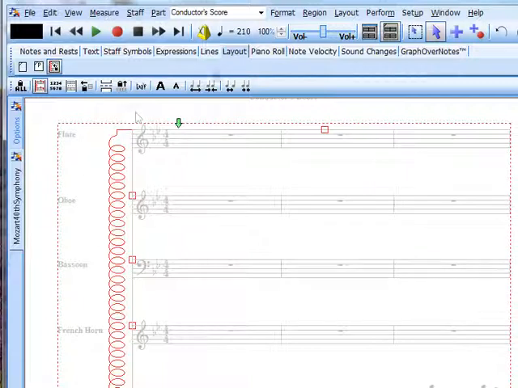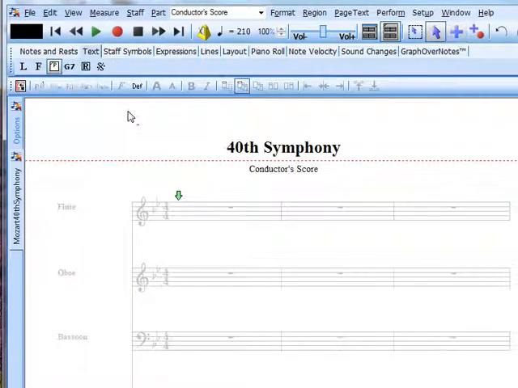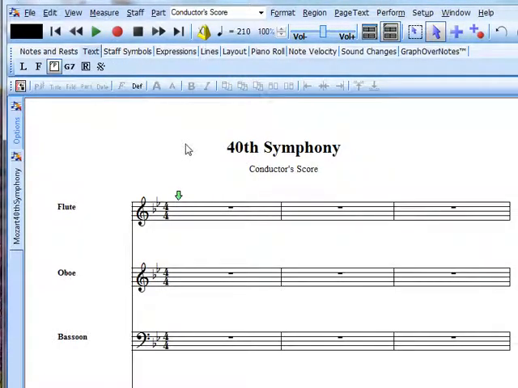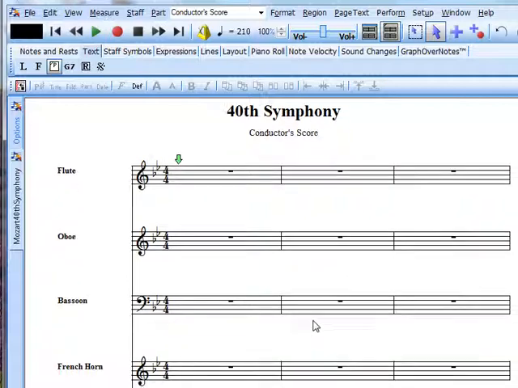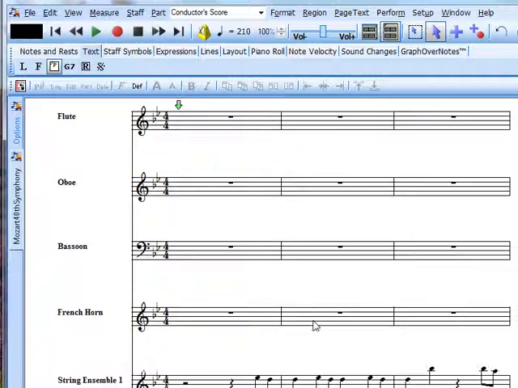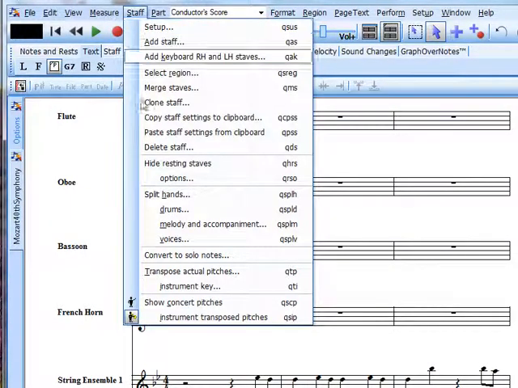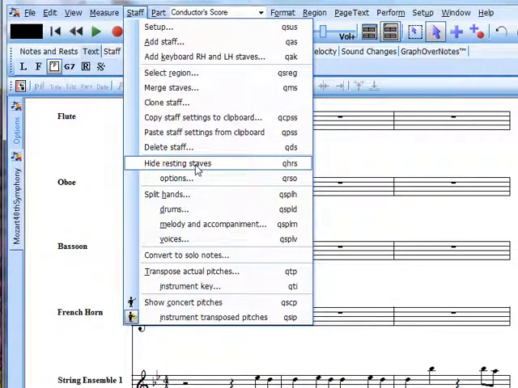Now one of the other things that we can do, you'll notice that these staves are resting. Okay, now let's forget that we're the conductor. Conductors would probably want to know that the flutes should be resting here, but let's say you've got a score that you're trying to conserve paper. Okay, there's an option under staff, hide resting staves. Okay, if we click that,